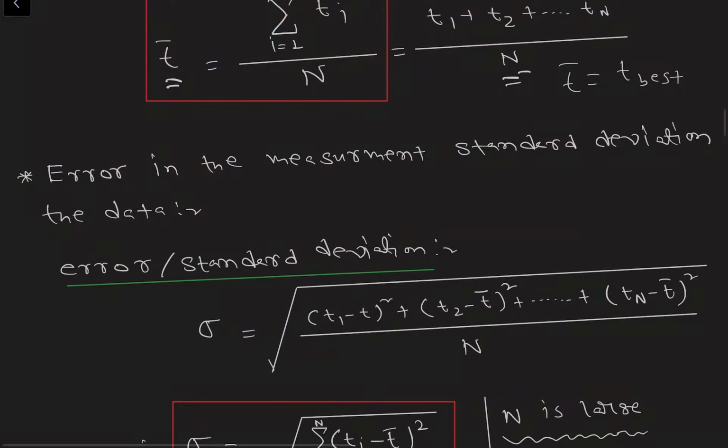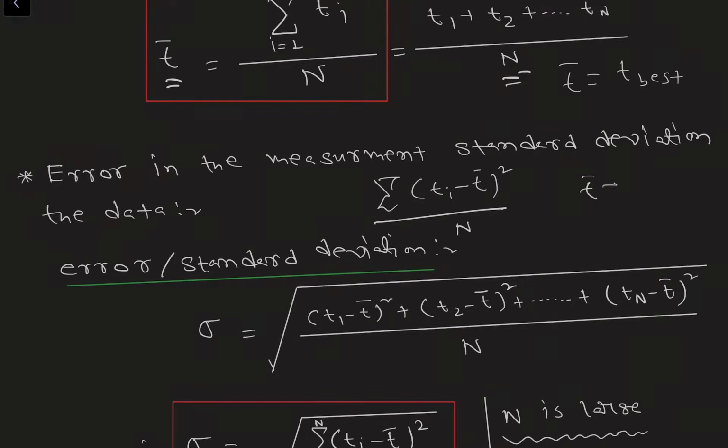To calculate the error, we have to take the average of all the samples we have taken. It may be fall time or it may be weight of the oil drop. Then we have to subtract the average from the ith sample, and then take the square of the difference, and we have to do it for all the samples. Then we have to take a sum and then divide by n.